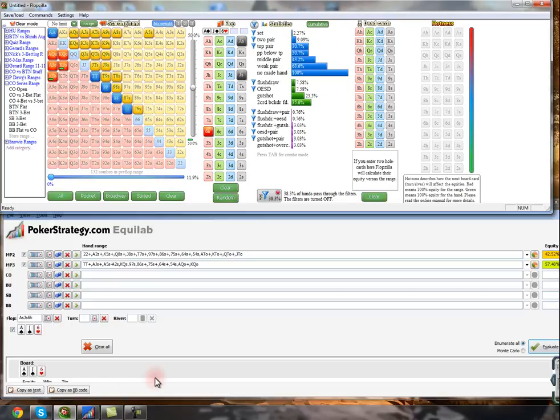Okay, so there's a few things I want to talk about for this board texture. The first is kind of exploitative, but I think in general, people don't typically double barrel ace high boards as aggressively as they maybe should. This one might be a little bit different because the 3-better can have some gut shots with like king queen. But for the most part, I feel a little bit more comfortable floating on ace high boards than I do in a lot of other spots, because it's harder for the opponent to barrel because he just doesn't have overcards. So that's just something to keep in mind,